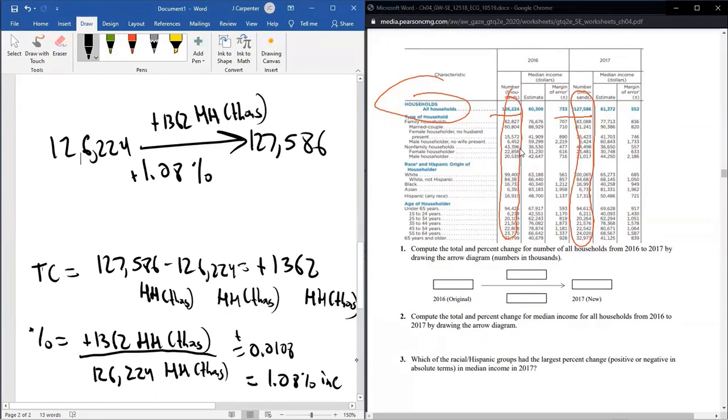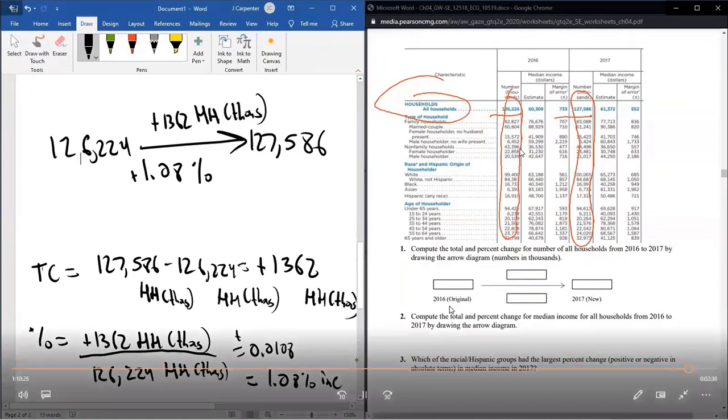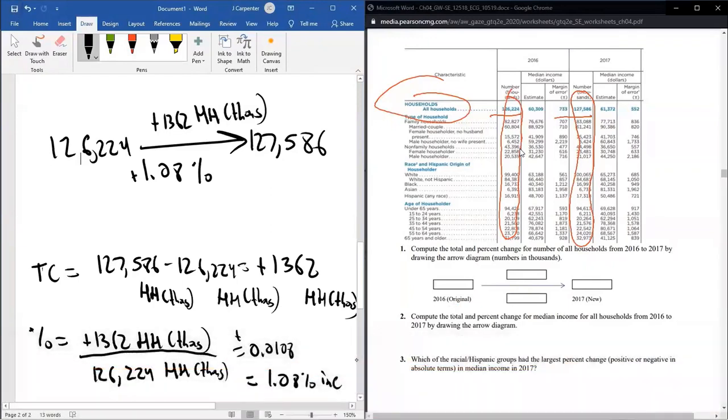I believe if you want to try those problems out, that is to say, in order, the percent changes are 3.3%, 2.6%, negative 0.2%, negative 2.2%, and positive 3.7%. So that's based on the 5 different races, which were white, white non-Hispanic, Black, Asian, and then Hispanic. And then the largest percent change up there was the 3.7, which would have been the Hispanic.